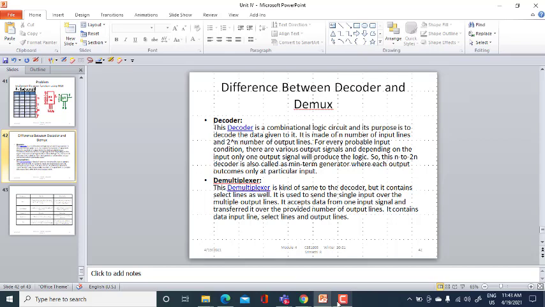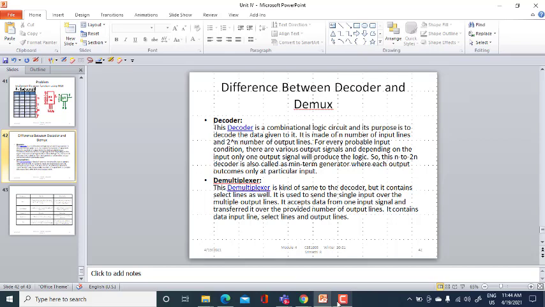We already know that if you have n input lines, you will have 2 power n output lines, and for every possible input condition there are various output signals depending upon the input, and only one output signal will be produced at the output. A demultiplexer is the same kind of circuit as a decoder, but it contains select lines also, whereas a decoder does not have select lines. It has only an enable signal.